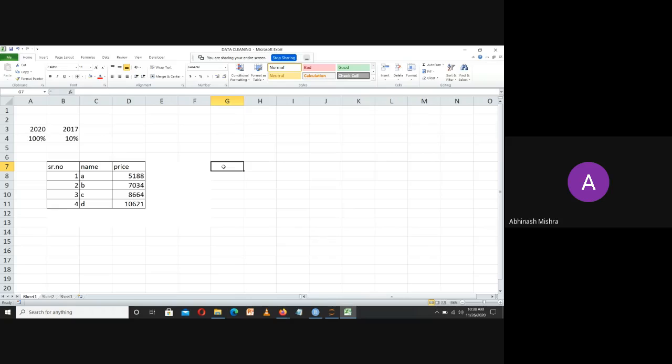Suppose my business problem is that I want to analyze the product name with respect to price. For that, I only require this information from the whole bunch of data, because the serial number does not have any impact on the price or the product name.